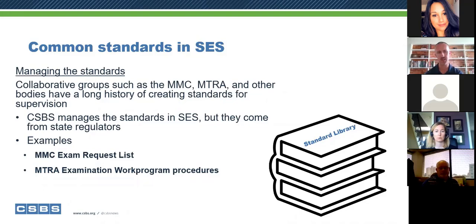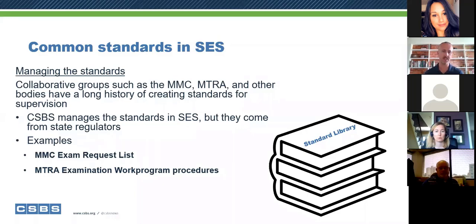But the message here really is, wherever there are supervision standards created by a group of regulators, whether it's MTRA, whether it's ARMOR, whether it's NACA, NACARA, CSVS, whomever, we can take those standards and we can put them into the system, and they become usable by all agencies in a very consistent and uniform manner. And I think that helps every agency limit the amount of work they have to do by creating their own, because they're already in our system. You might as well use the standards where they work for you.